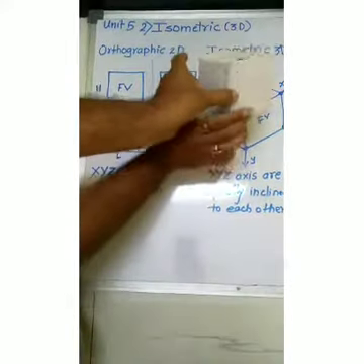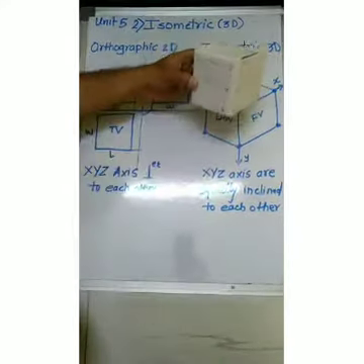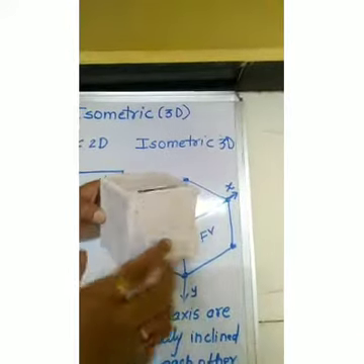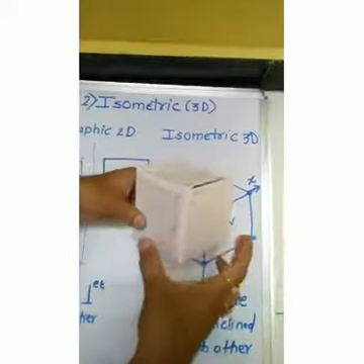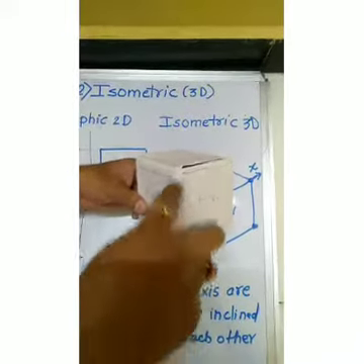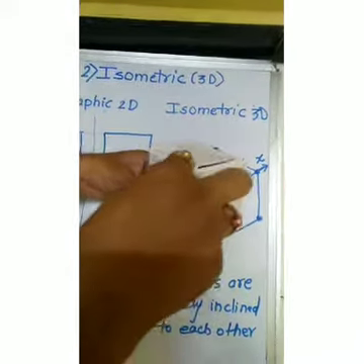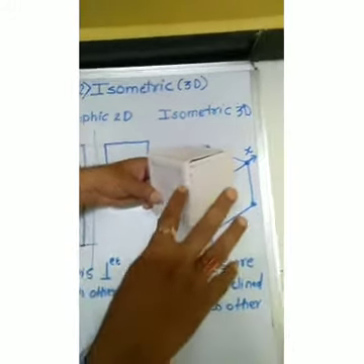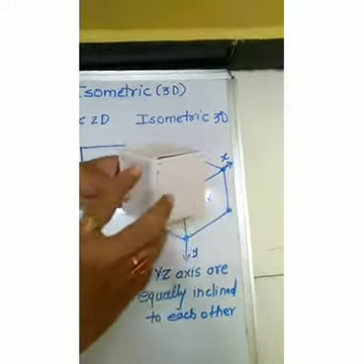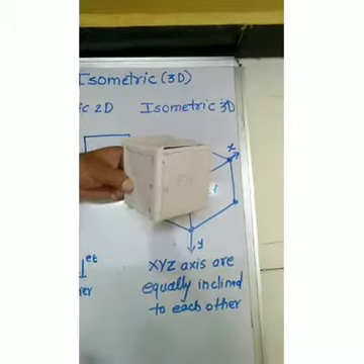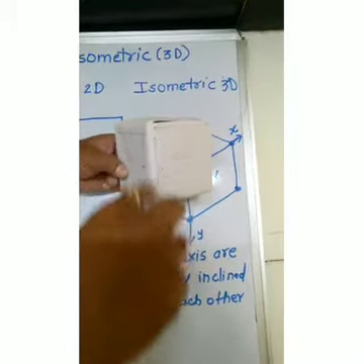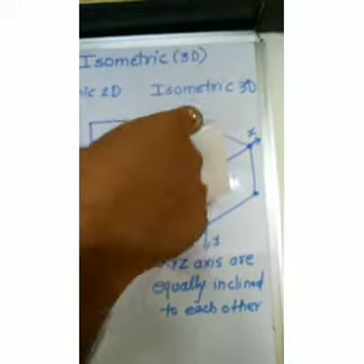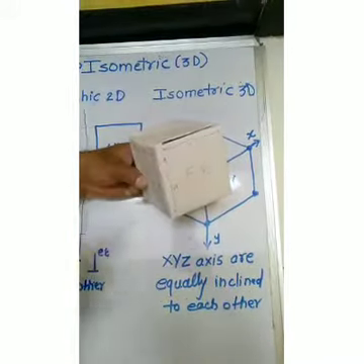Like that. Now observing from the top, you will have to rotate and change the orientation. That means all three axes appear equally inclined. It is not actually equally inclined, but it appears equally inclined because we change the orientation of the object. Now see, here it is the height of the object, here it is the length of the object, and here it is the width of the object.